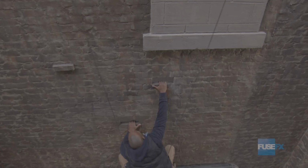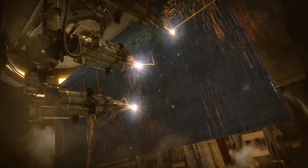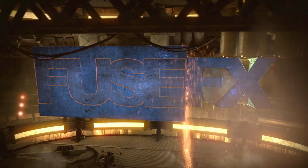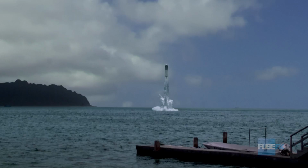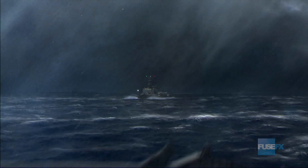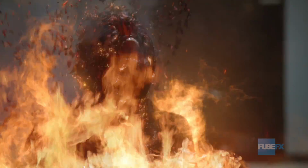Focused primarily on effects for television. We've written our own pipeline management tools, have developed techniques and artists in a way that we can do television very efficiently. We're doing some of the highest level effects for television. We're doing really the full gamut of effects. Simulations, water, smoke, fire. We have set processes and tools that give us a great deal of confidence in doing